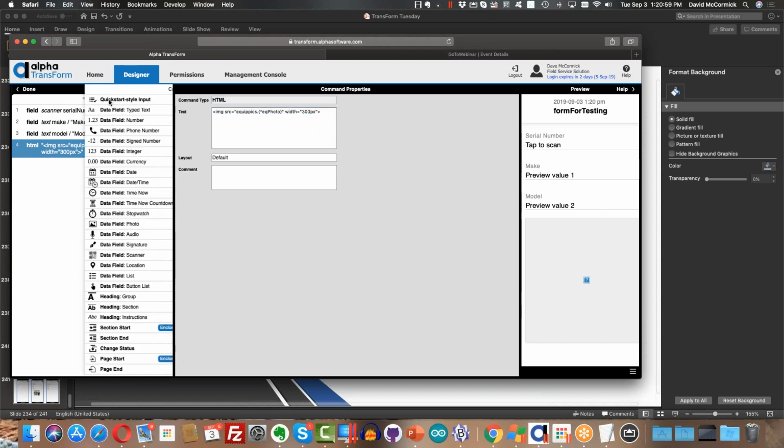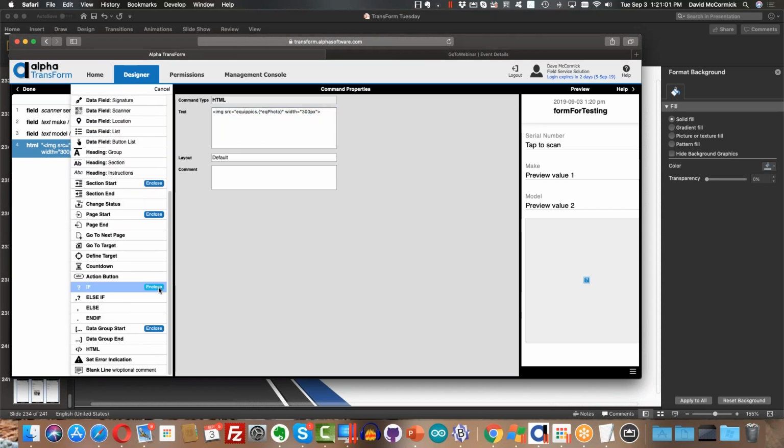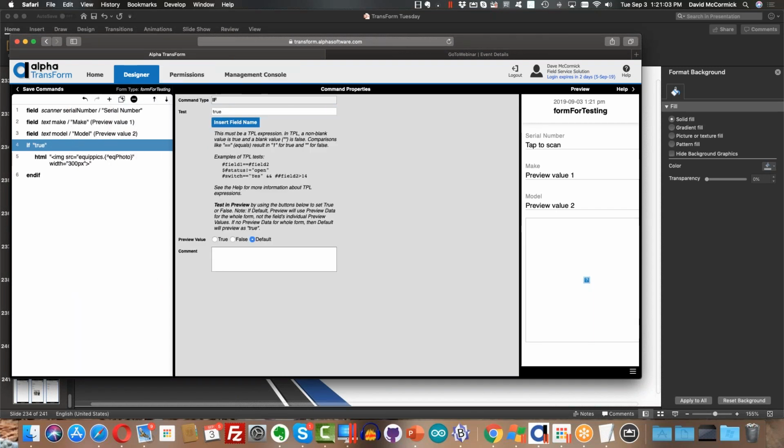So let's click on this to select it, and we're going to hit plus. I'm going to scroll down and choose this if statement. So I'm going to say enclose. And then what I'm going to do here is I'm going to say if, I'm going to insert a field name, if make is not equal to not found,